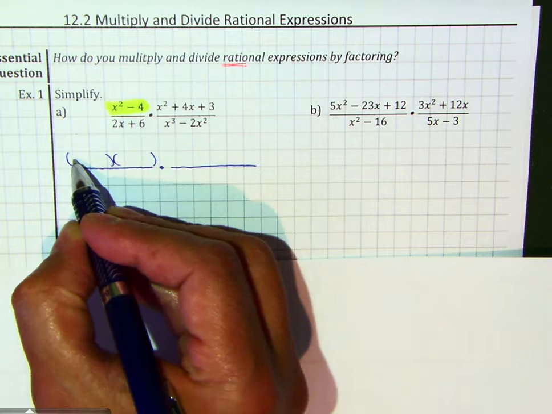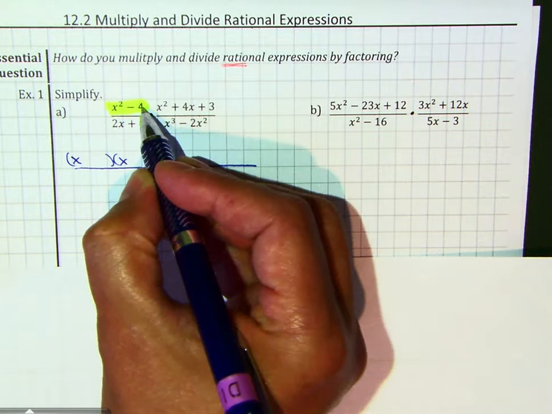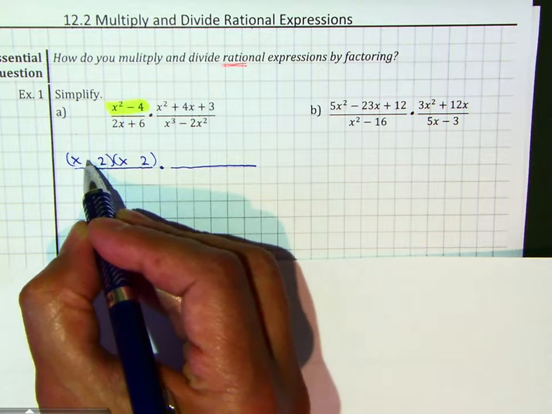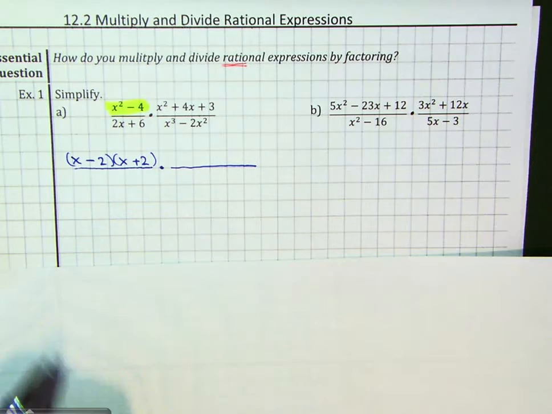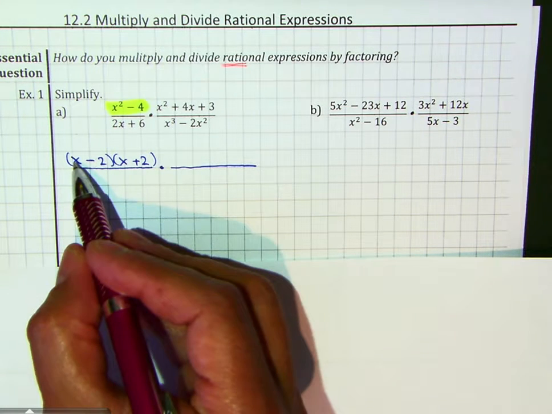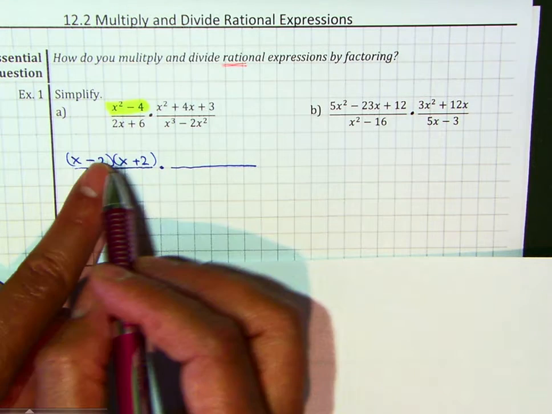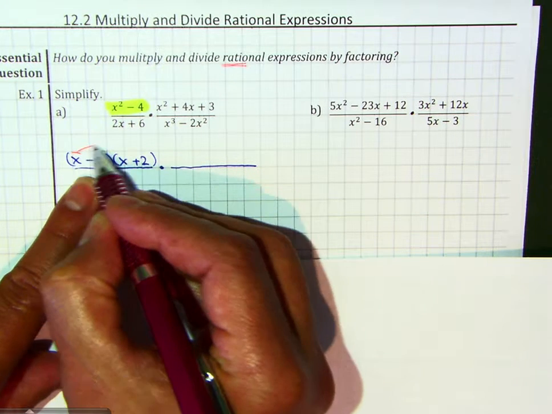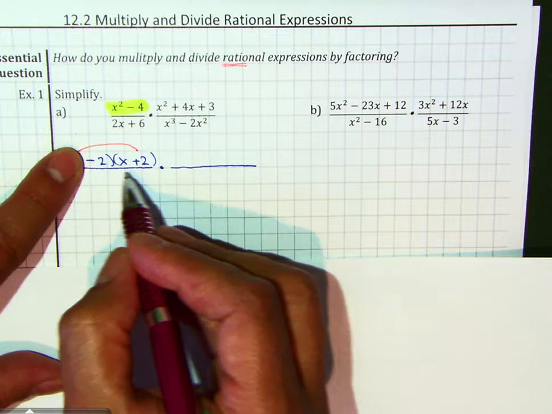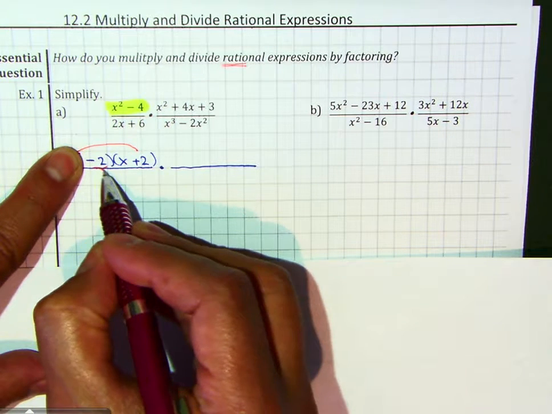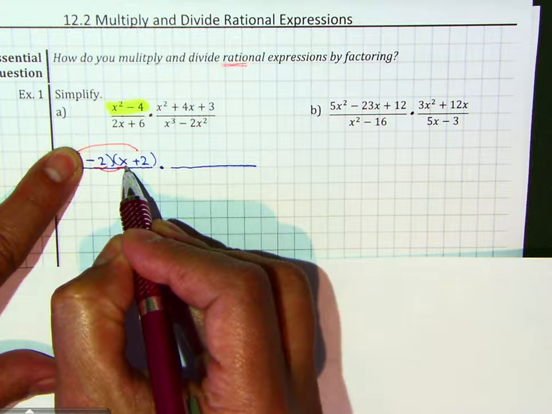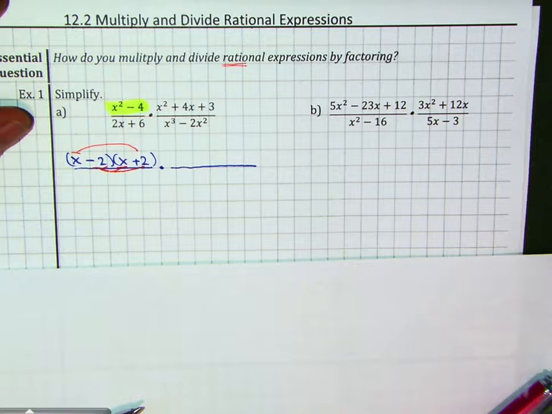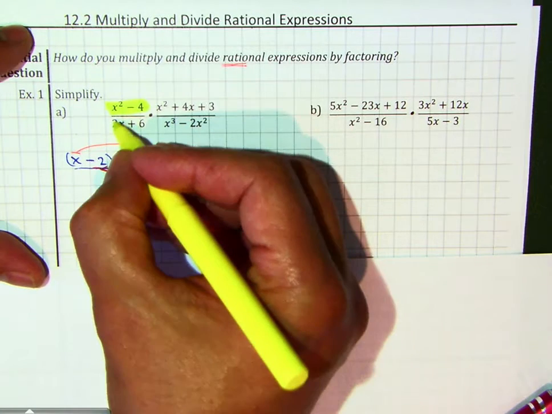Factors of x squared will be x and x. Factors of 4 will be 2 and 2, and they have to be the same, one negative and one positive. Because if you multiply it out, if we distribute, x times x is x squared. X times 2 is 2x. Then if you distribute the negative 2 times x is negative 2x, so that cancels, and then you end up with negative 4. Denominator is a binomial,